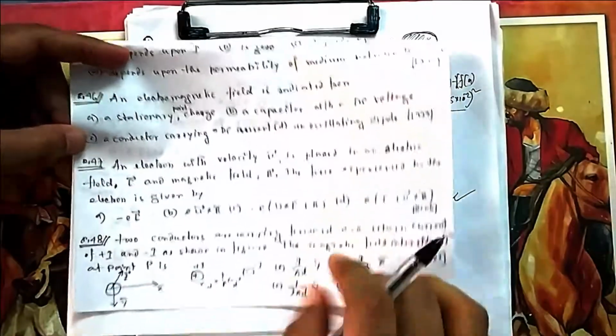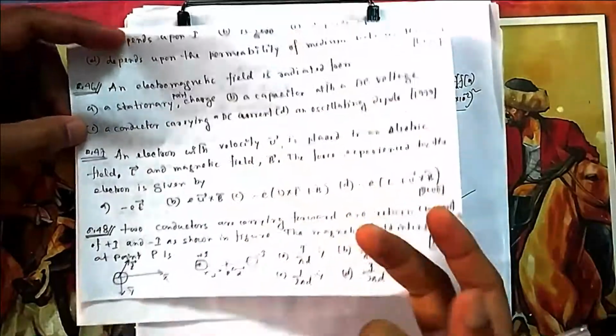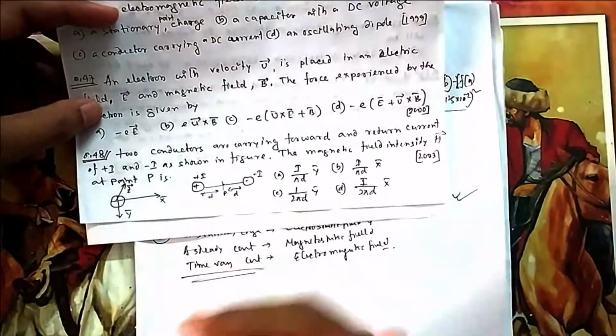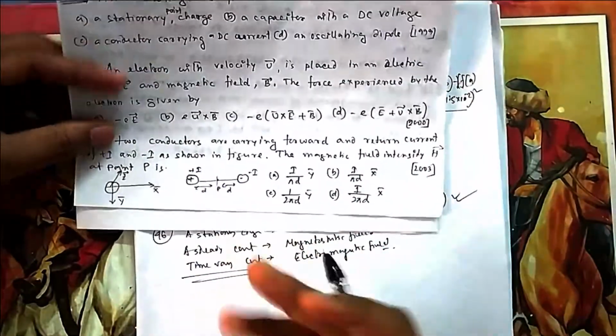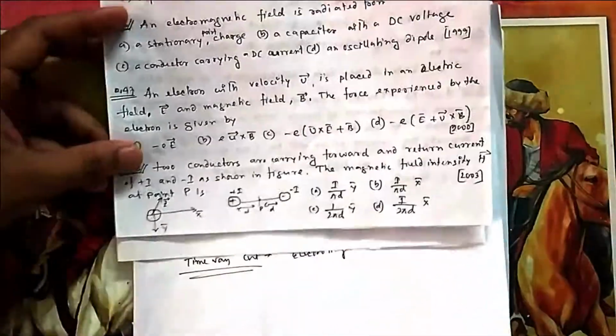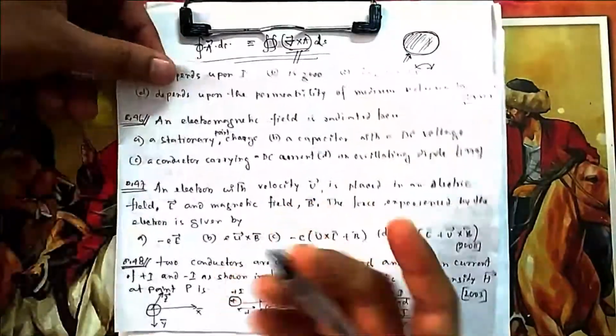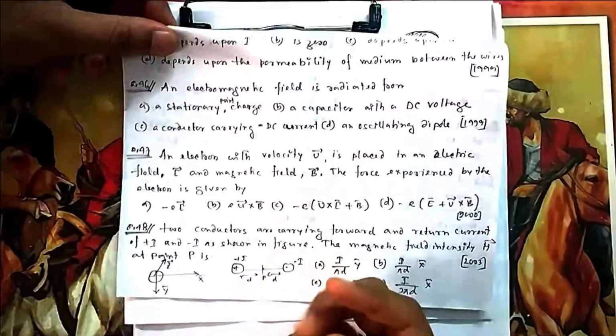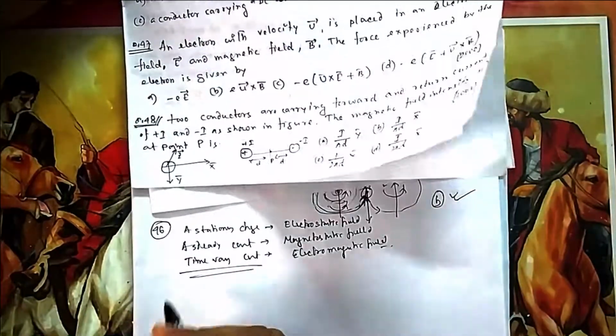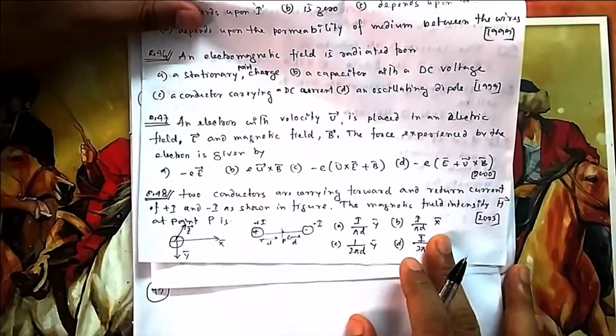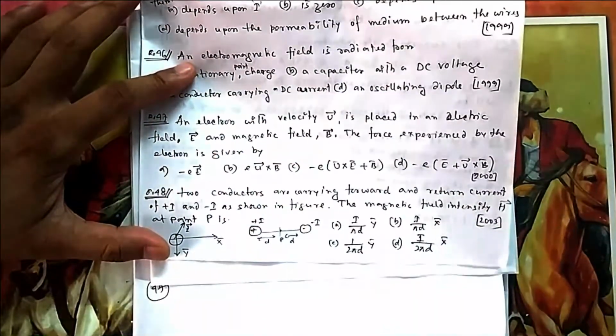An oscillating dipole means it will be continuously changing its polarity. So the current will be time varying, it will depend on what polarity it is at what time. So the dipole will be continuously changing, so it will give an alternating, that is a time varying current. Now if you come to 47, the electron with velocity v is placed in electric field E,